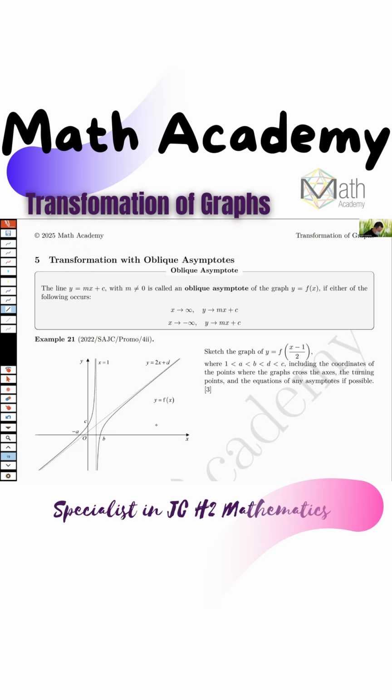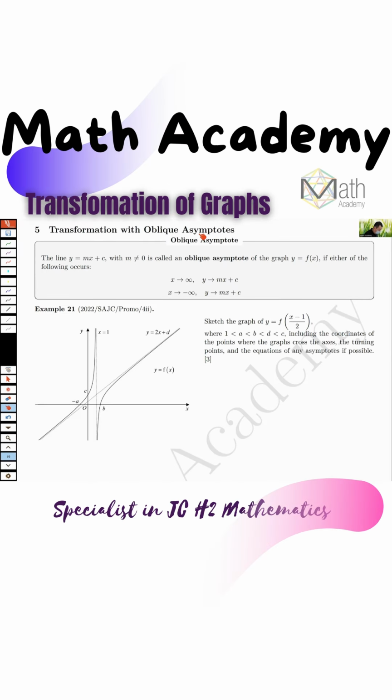Okay, so let's recall what an oblique asymptote is first. Maybe I'll just draw a simple example, easier to visualize. An oblique asymptote refers to asymptotes whereby the equation is of the structure mx plus c. So you have a slanted line, and that is your oblique asymptote. An example of a graph with an oblique asymptote could look something like this, and it will tend close to